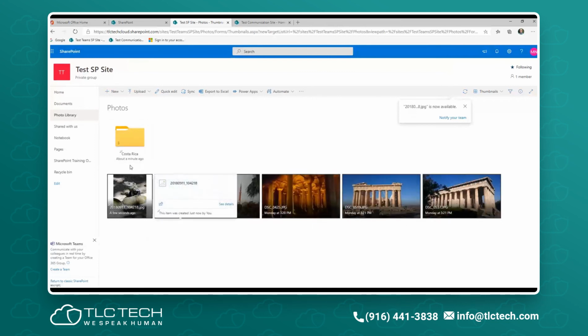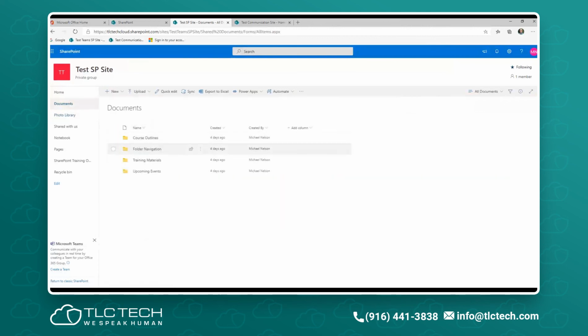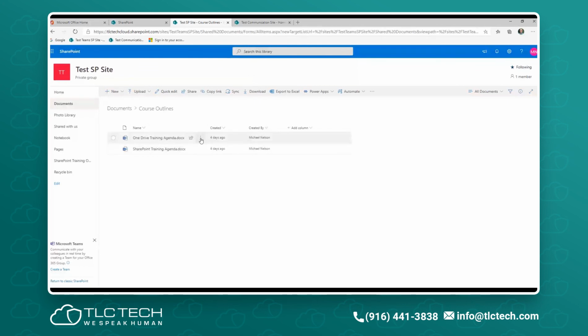And again, we have the same kind of things with version control here. If I go in, am I jumping ahead? No, I'm actually in the right spot here. So when we're inside the documents, I now have additional menus that I can go in here. I can say open,